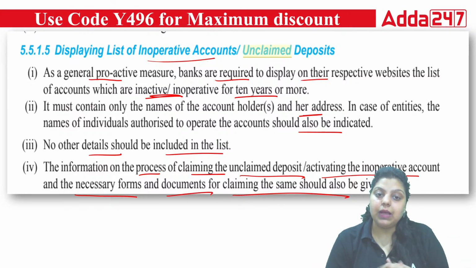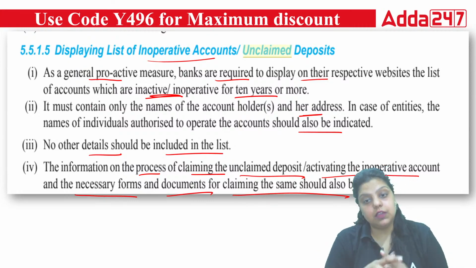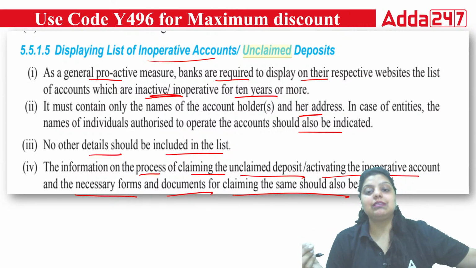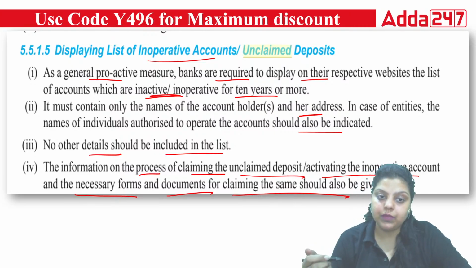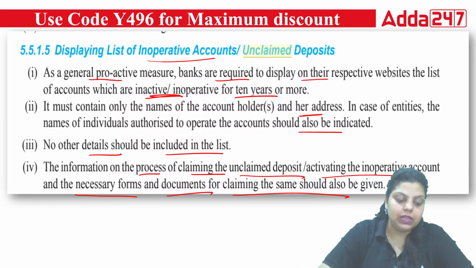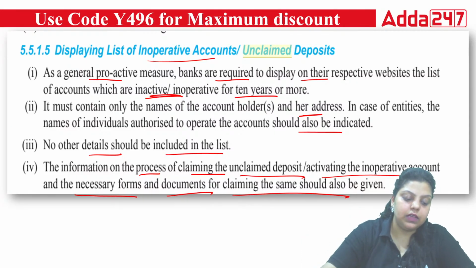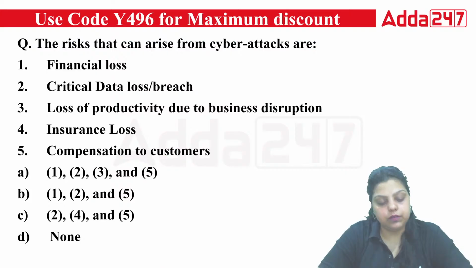So now what will happen? Let's say after 11 or 12 years, a customer comes and asks for their funds. In that case, the bank has to give that fund to the customer. Will the bank claim the same amount, or from whom will the bank take a refund? The bank will take the refund from the DEF scheme. So that's why you have to tell the customers the ways by which they can claim their money if they want to after a certain period of time.